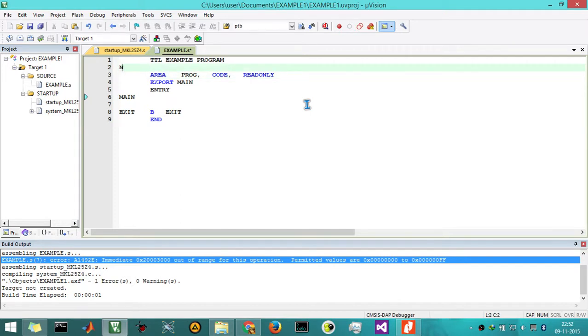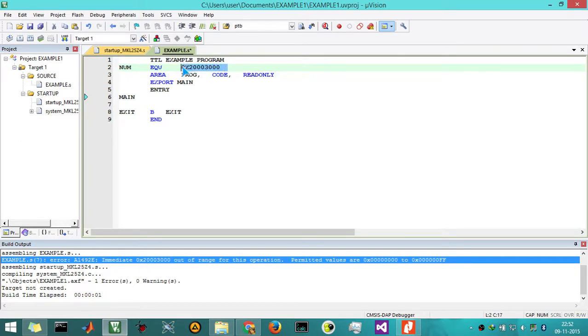I am going to name a variable called num and use EQU, equating this number to 0x20003000. So num EQU makes the variable num equal to the number 0x20003000 in hexadecimal form.